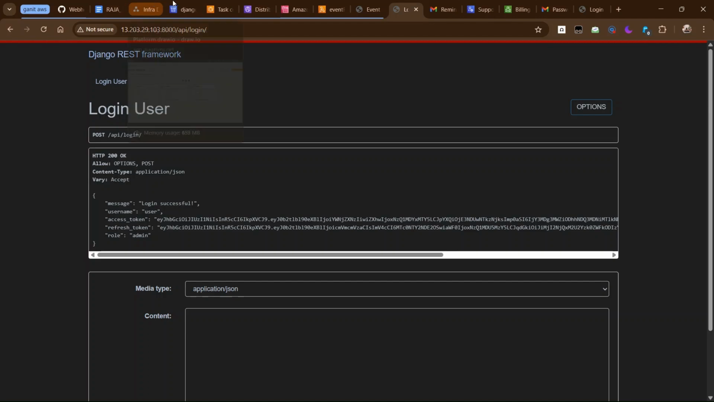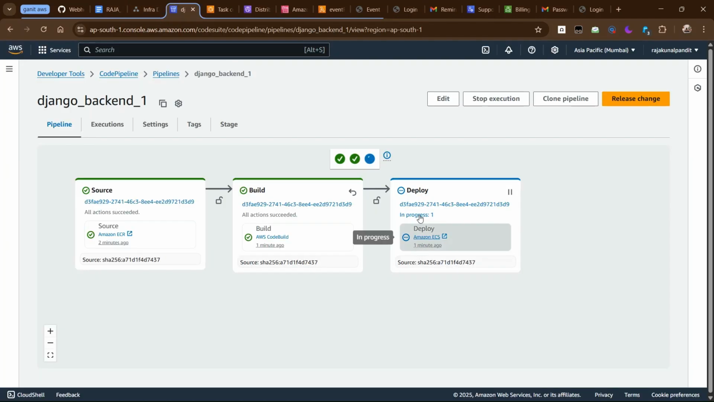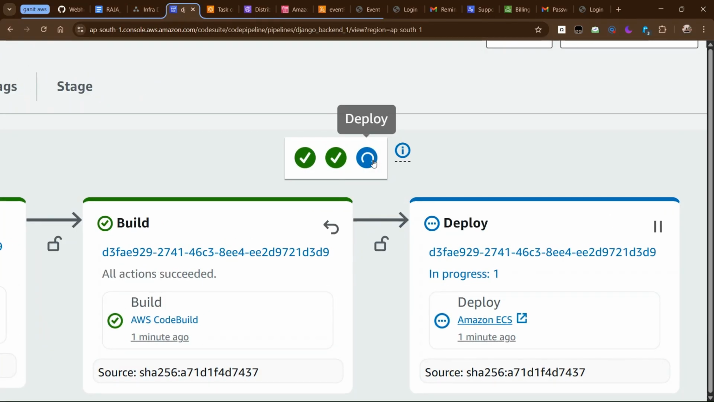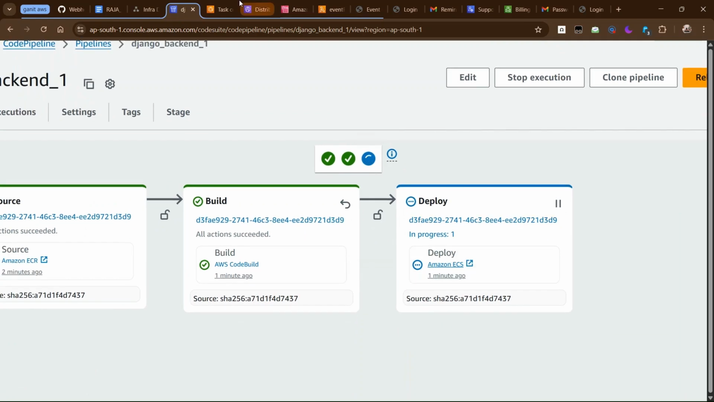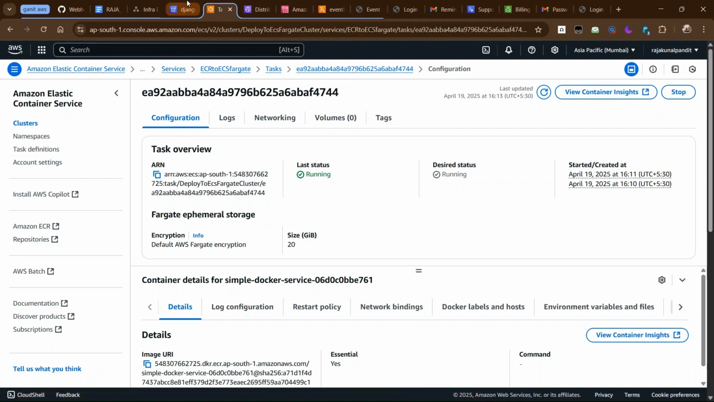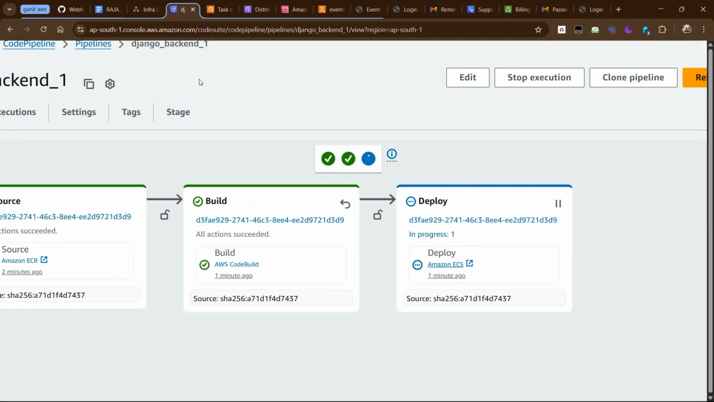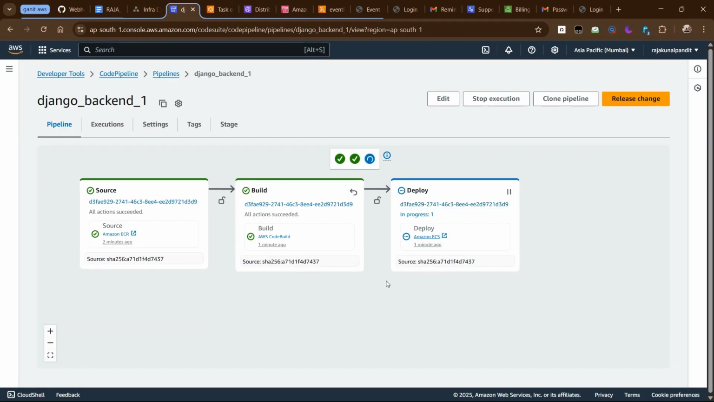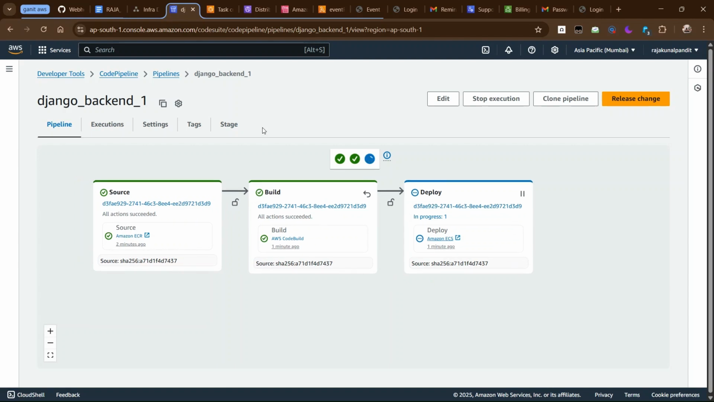So it is working fine now. It takes some time to show it is deployed, but we can see from ECS that it is working fine. It has been created and is working really fine. Okay, so that was all about my project, and in my GitHub repository, you can see all these steps to create the